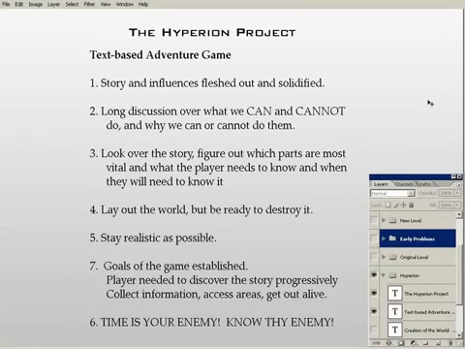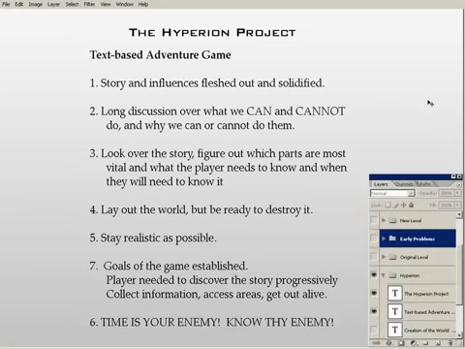So what I had to do, for starters, is get the story and all of my influences fleshed out and solidified. Now, I'm a big William Gibson fan. I've read Neuromancer. I'm one of the, I think, 6 people on the planet who liked the movie Johnny Mnemonic. And there's 6 of us, and we're proud of it. But I like that cyberpunk, gritty, the world is run by corporations, and everything is kind of marble and glass and stainless steel and electro-minimalist. But out there in the streets, there's this kind of gritty and dirty, cyber-technical group of people who are just trying to get by. That's always been something I've been a huge fan of.